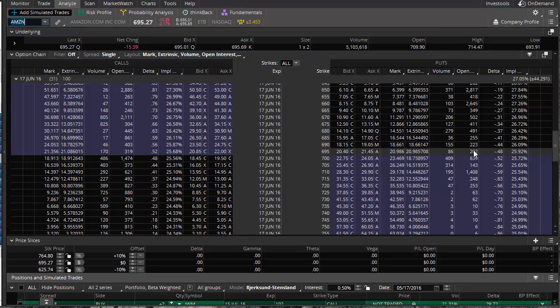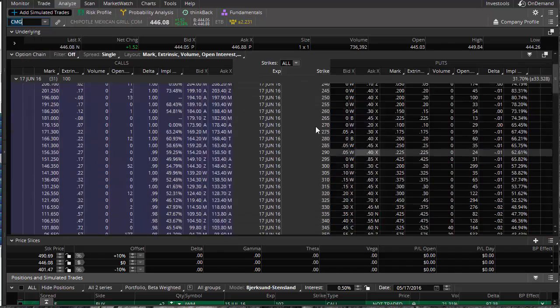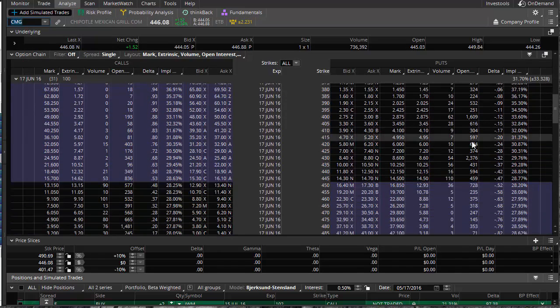I'd like to see 1,000 shares of open interest. That makes me a lot more comfortable. It makes me feel a lot more secure that I'll have no trouble getting in and out of a trade. So you'll see that right here, Chipotle's had several hundred. We've had a fair amount of volume. We could go into, I don't know,